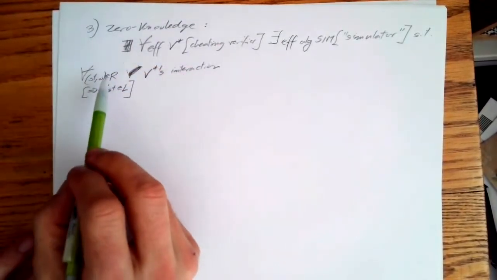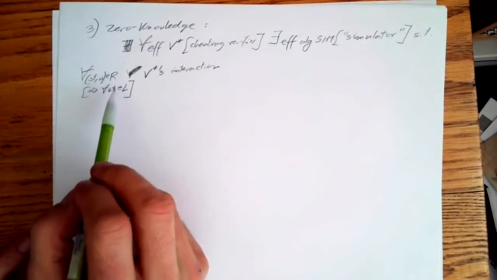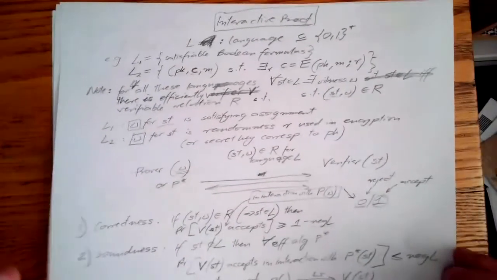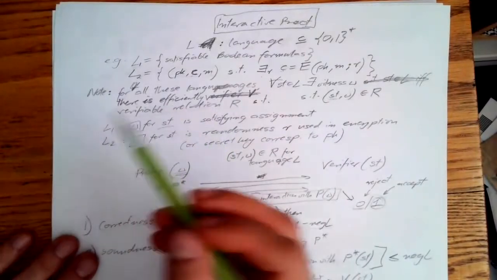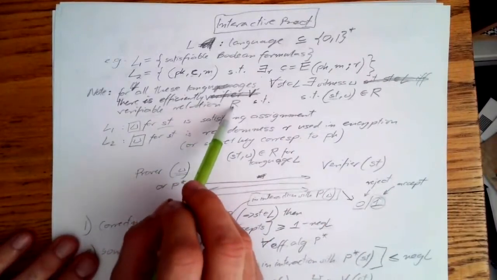Because we said that we are going to look at languages, which, by the way, I didn't use that phrase, but they are called NP languages. Any language that has an efficient relation like this is called an NP language, because these are all languages in NP,